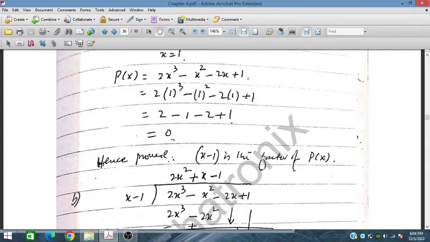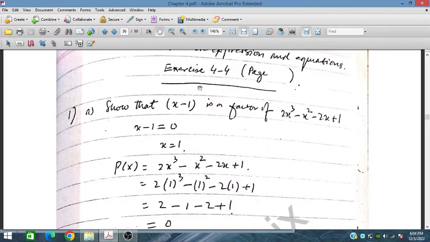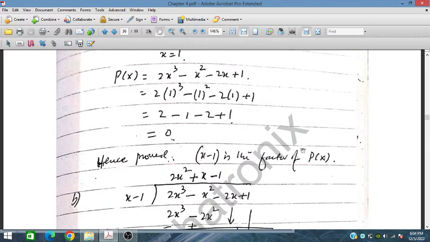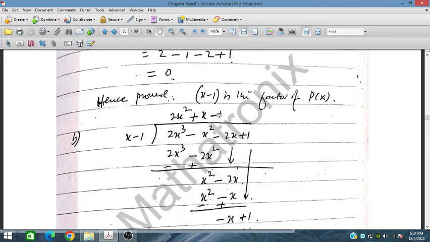This is the first part, and for the second part we will divide this polynomial by x minus 1. So we divide by x minus 1, and 2x squared, so it multiplies to get 2x cubed, and then minus 2x squared here. We'll subtract it by changing the sign. This will cancel out. This is 2x squared plus and minus x squared, so it's x squared, and minus 2 will be